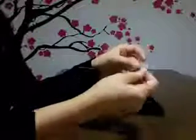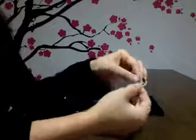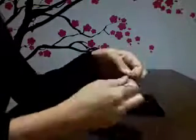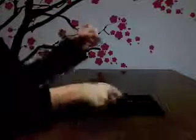Alright, so to begin, we're going to start by sticking this piece of wire through the side of the peace sign, right through there, and you just want to get about a 2-inch piece sticking through. And what I'm going to do is wrap this nice and tightly one full time around the edge of the peace sign here. Alright, nice and tight right up against the side. And now I can go on to the ring mandrel,